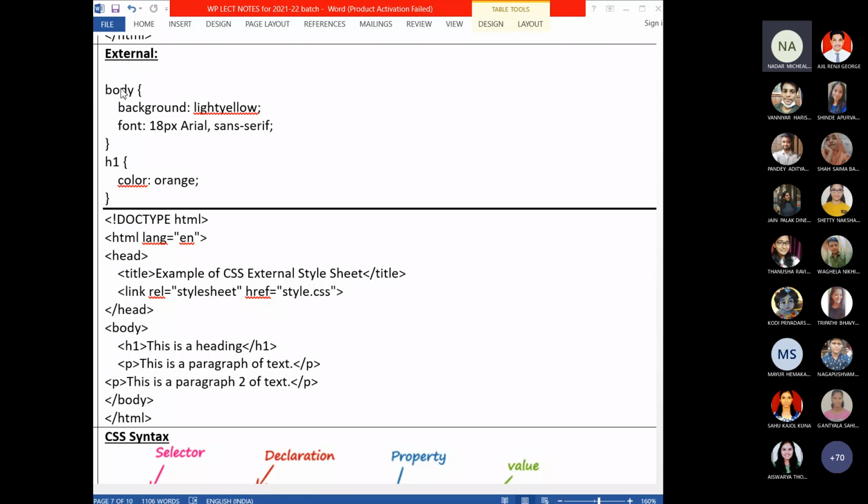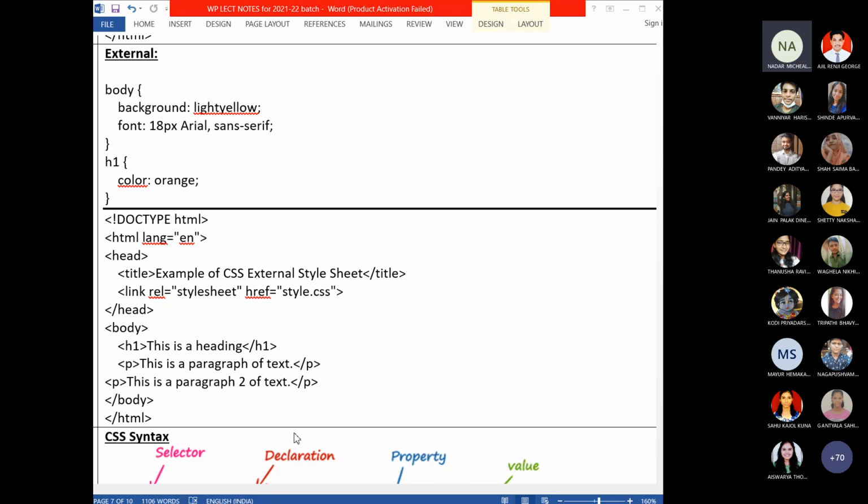There may be variation: you can write an element selector, universal selector, grouping selector, ID selector or class selector, whatever you want. But the declaration of the style will be like this only. Only the styles will come in the CSS file. You will type this in a notepad and save it as a .css file.